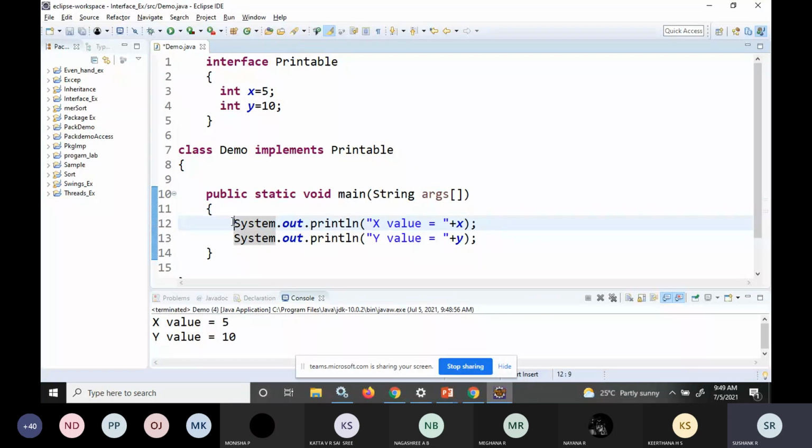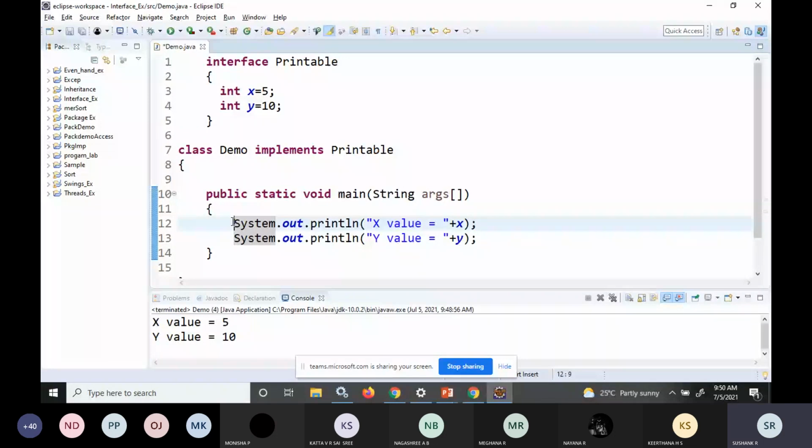Whenever I try to make changes to those variables, I will get an error because they are constants. You can only read them. You cannot modify their value. So this is regarding the variables in interfaces. They are the final variables. You cannot make changes to them.